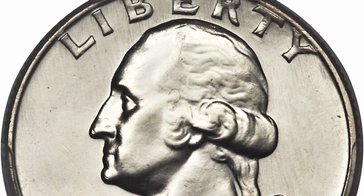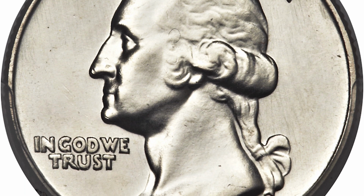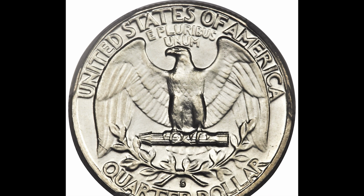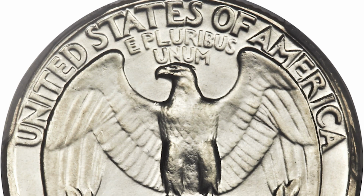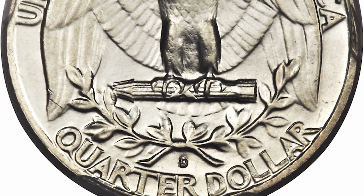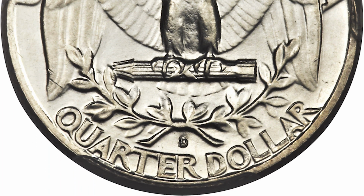Because this coin graded so highly, it looks so beautiful. It doesn't have many scratches at all. It's very, very minimal there. Because this one graded so highly and it looks so nice, collectors love this type of coin. This coin sold for, guys, this coin sold for a lot of money. This coin sold for